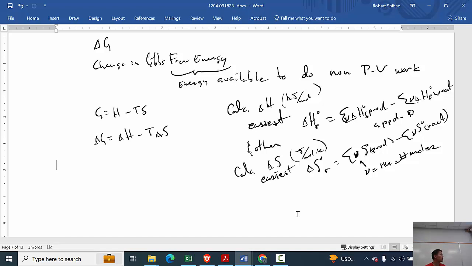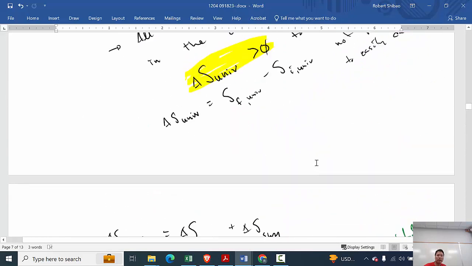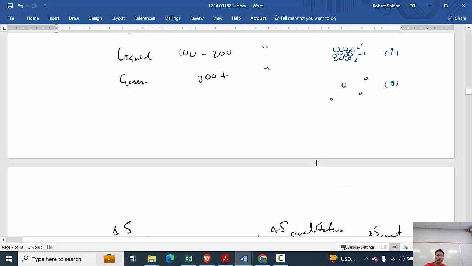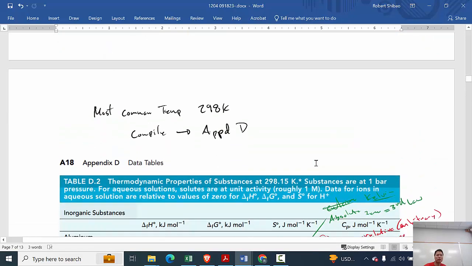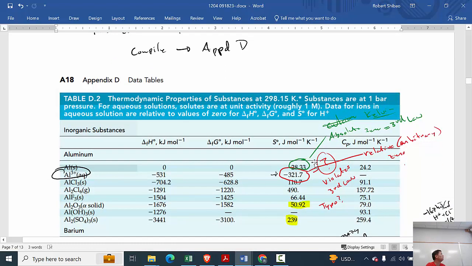But if we use Appendix D data, then we're restricted. What are we restricted to? What are the restrictions on Appendix D? Exactly. 1 bar and the restrictions you can just see. They just write it at the top of the table. Restrictions are going to be,